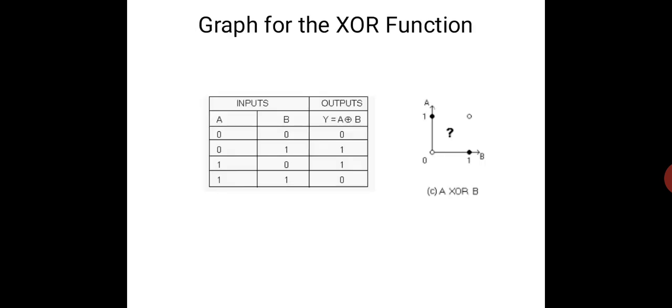The last case is the XOR function. Here I have two inputs A and B and the output, and I have plotted the graph, but here you can see that the positive bubbles are on the axes of A and B and the negative bubbles are like a 0 sign, but here I am not able to separate these points. So this is the basic problem in linear separability, where the McCulloch-Pitts model is not able to overcome this problem.